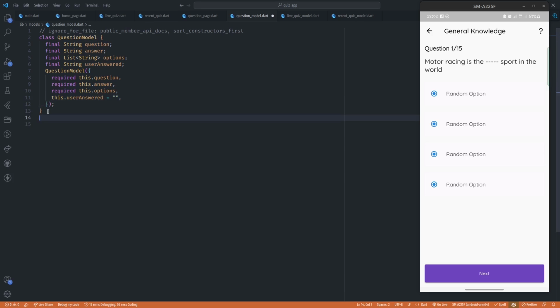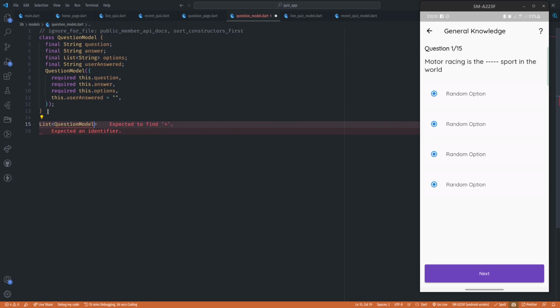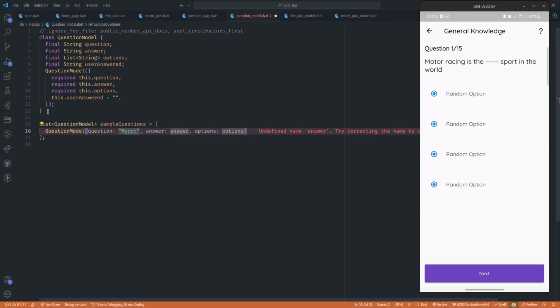So we are going to have a list of QuestionModel, right? So I'm going to create a list of QuestionModel and then call it sampleQuestions. So these are just sample questions for our UI, and now each of them is going to be a QuestionModel. And we have the question like: motor racing is the dash dash dash sport in the world, and then we'll have an answer like fastest,